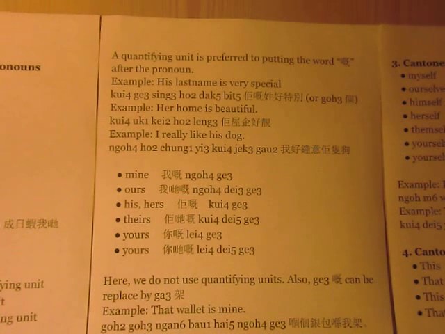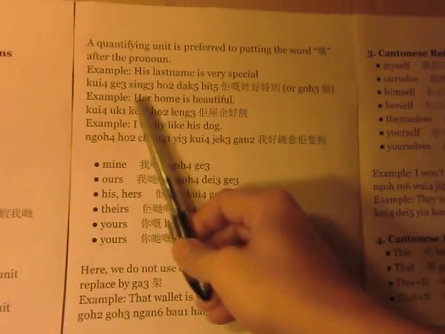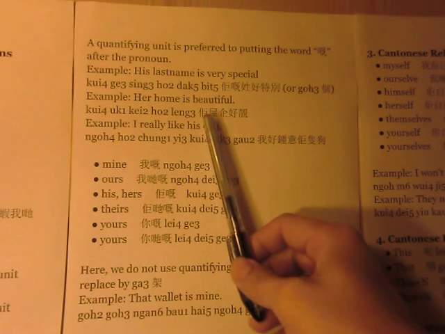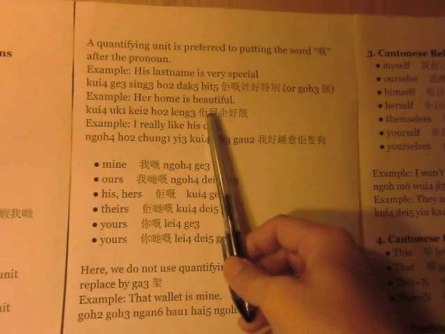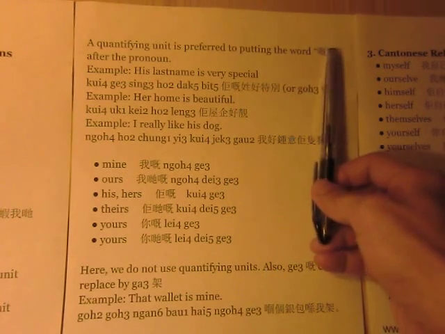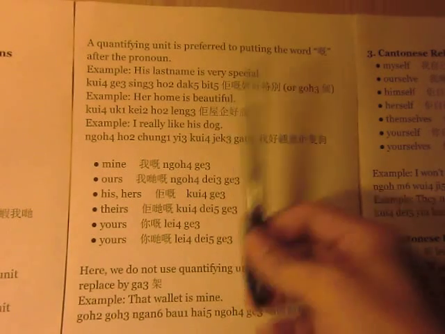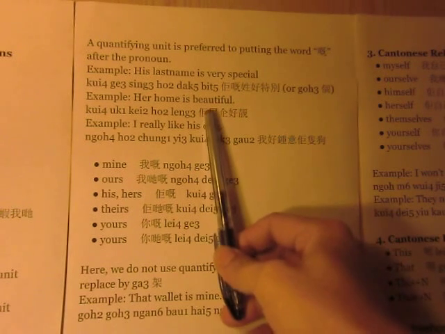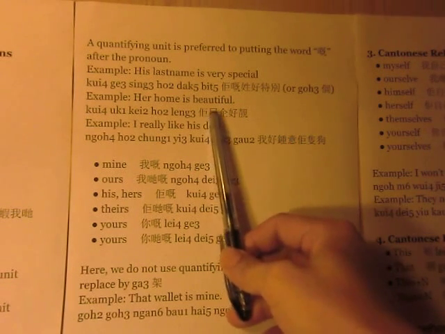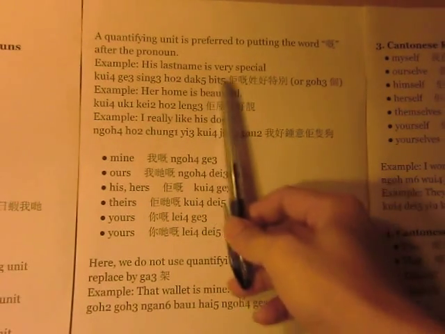A house is quantified, but a home is just a concept. It's not a concrete thing. So 佢 is the same as his. 佢屋企, his home. You see immediately that we do not use ge, or you can still use ge, but 佢屋企 is good enough. Or 佢嘅屋企 is still okay. But home is not quantifiable, so you don't use anything here. You don't have 隻 or 間 or whatever. 佢屋企好靚, very beautiful.